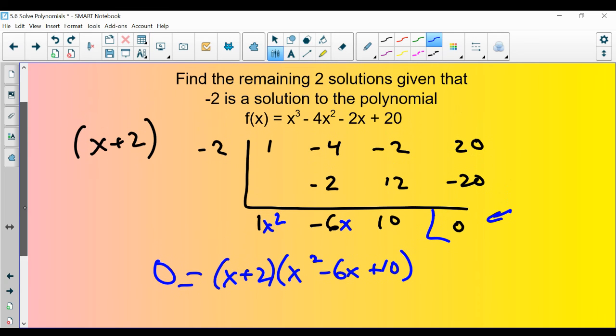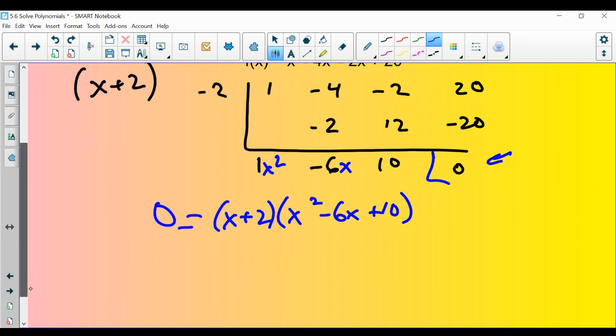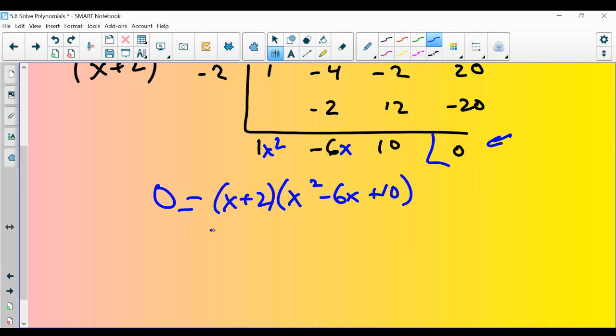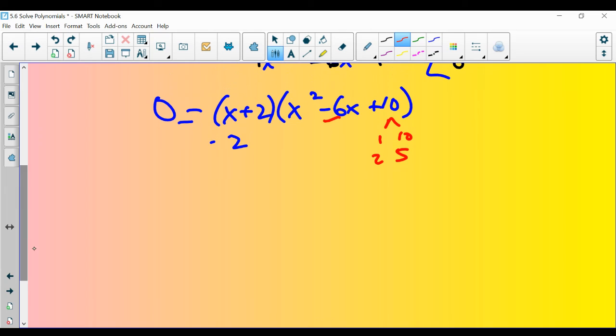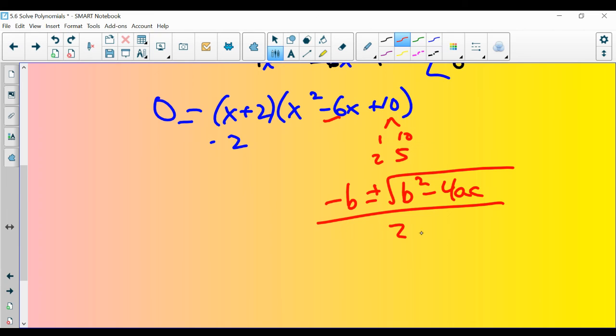And we were told to find the zeros, or the solutions. What makes it 0? We know -2 is one of them, but we need to take this quadratic and solve it. I would love it if this was factorable, 1 and 10, 2 and 5, but none of these are getting you to -6. And so we just need to use the quadratic formula, and that will tell us what the 2 solutions are to this equation. So let's go ahead and do that. Remember, the quadratic formula is -b plus or minus the square root of b squared minus 4ac over 2a,